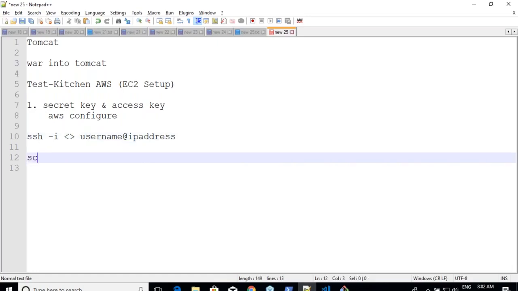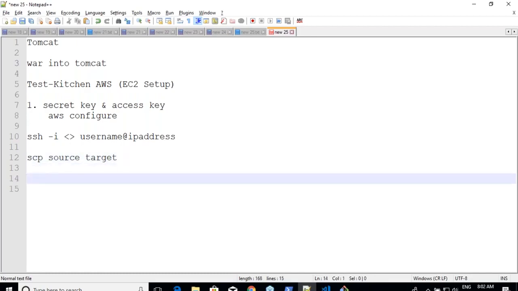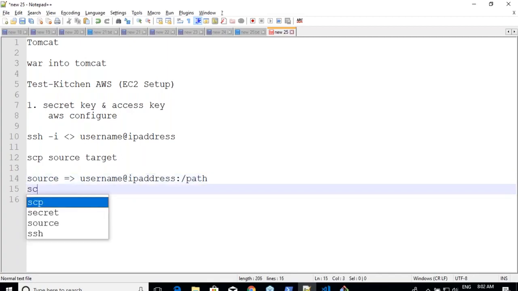Now basically, if I want to do SCP, SCP is also very simple. SCP is scp source and target. If it is the local machine, you can use dot or your local folder paths. But if it is a remote machine, then your source or target might look like username@IP address: path of the file or directory which you are looking for. So my command will look like scp -i, whatever the identity file is, and my source is what? Linux machine, and the destination is my Windows machine.